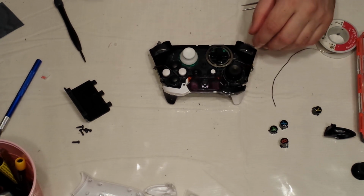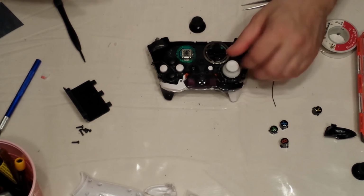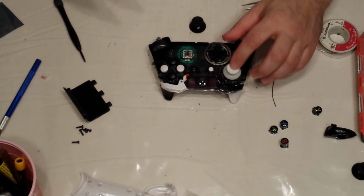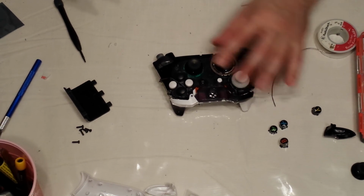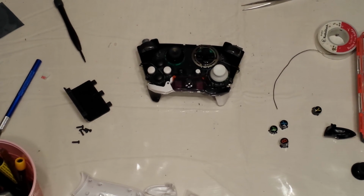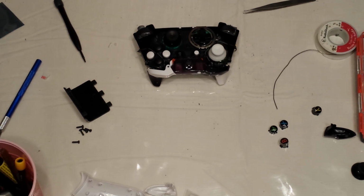There we go. Actually, you know what? I'm going to reverse these. I'm going to put the white over here, because we got the black bumper, so it'll be white, black, white. And then put the black over here. Okay. That's that. Now your sticks are in. Notice they don't slide off when I put them upside down. Okay. So next,